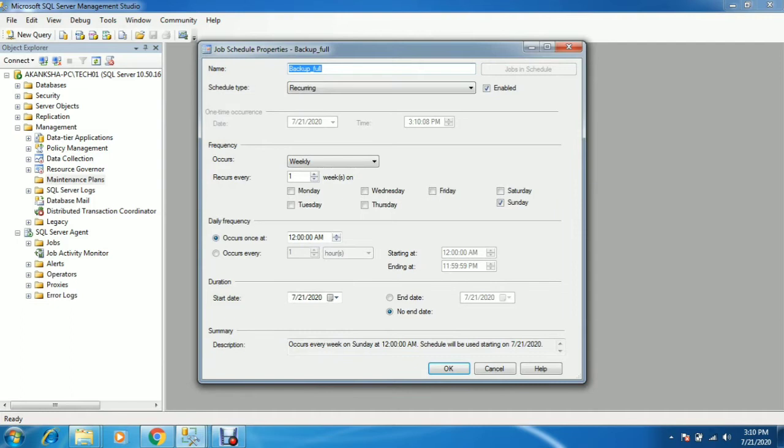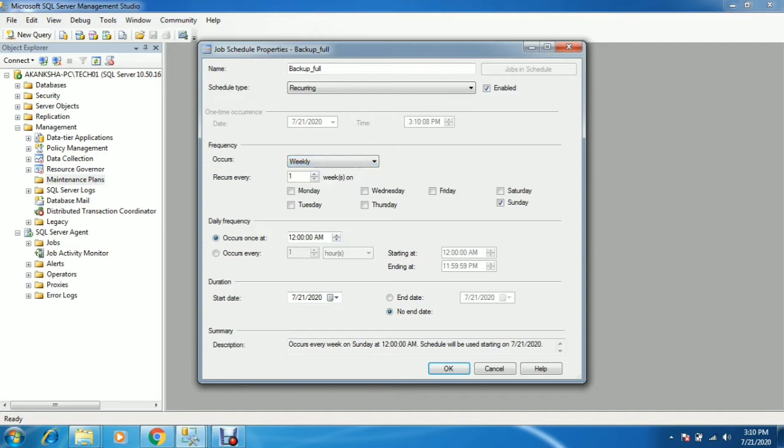Here click on schedule and schedule the jobs as well. Here you need to understand a couple of things. We have the option for recurring, when the CPU is high, and when the SQL Server Agent starts. Normally we leave it as recurring and give the occurrence weekly, monthly, or daily.